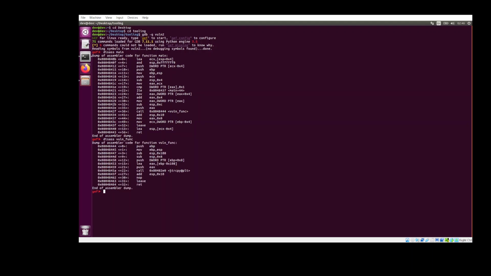And once we get into the vulnerable function, we can see the strcopy, which doesn't do bounds checking. So that's a place for us to exploit. So we'll copy this. Let's put a breakpoint just before it copies our input into the buffer. And as you can see, our breakpoint's set. Now I need to find the size of this buffer. So what I'll do